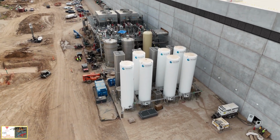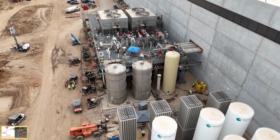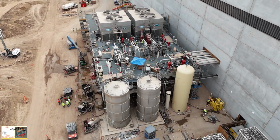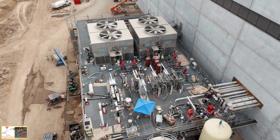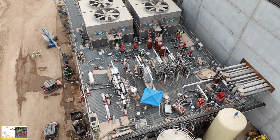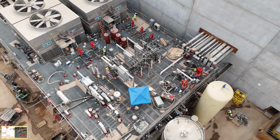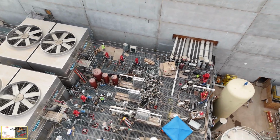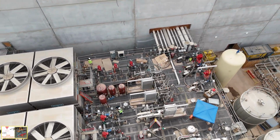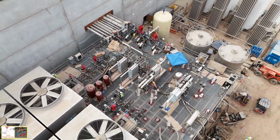We can also see those very tall vaporizers, the stainless steel tanks, more of the work in the manifolds between that section, that large beige tank. And this is a really good view of the work going on the roof section here. I'm going to use this opportunity to give you these great views while I'm also repositioning the drone. But this is a pretty good close-in idea of the work that is going on this section of the chiller